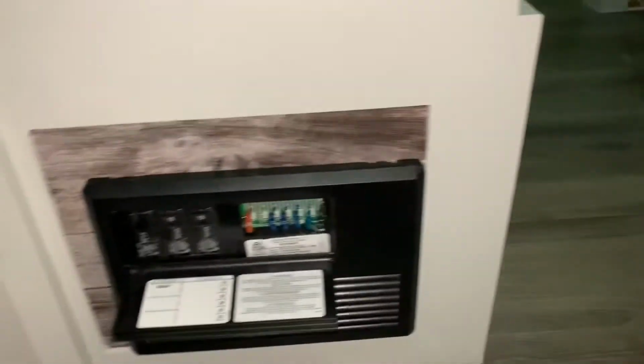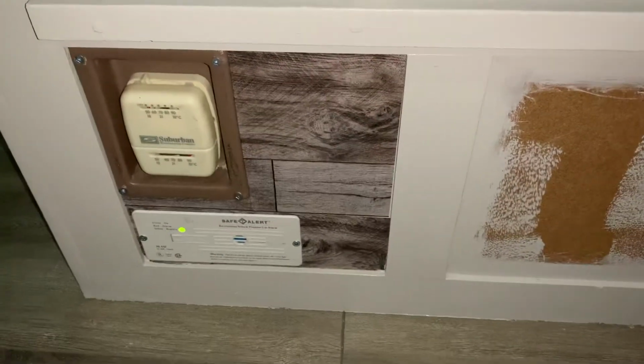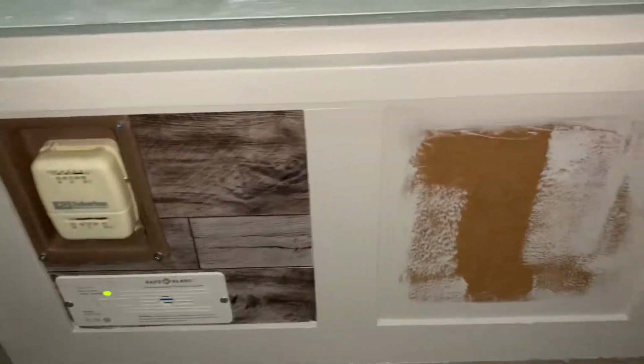But in the end, Sandy's idea about putting the peel and stick inside these panels, utterly fantastic. We put it there too, and on the side, and she had to order another roll, so we got that one done, and two of three of these, and then we ran out, so we did not have enough left over to do that one. So she ordered another roll. It's coming from Amazon, whatever. So we'll finish that,